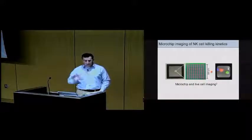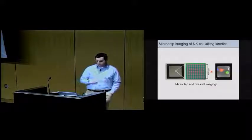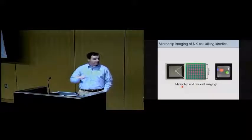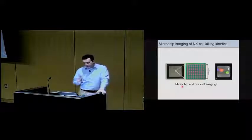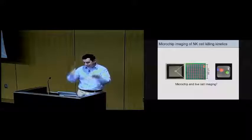So we're going to do a change of pace and look at what the TriKE does in terms of killing kinetics with the NK cells. And this was a collaboration that DFAF generated between our groups and Karolinska, Björn Alfeldt's group. And they have a technology in which they can visualize NK cell killing at the single cell level. And what they use is these microchips over here, that if you look at one single well of these microchips, they contain a 9x9 well axis or